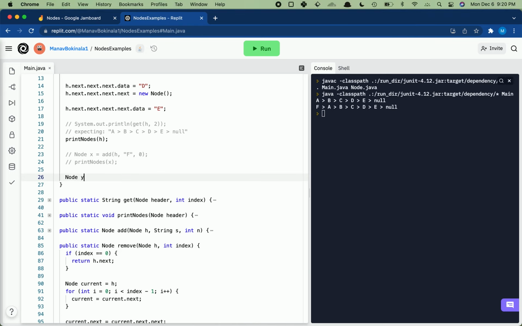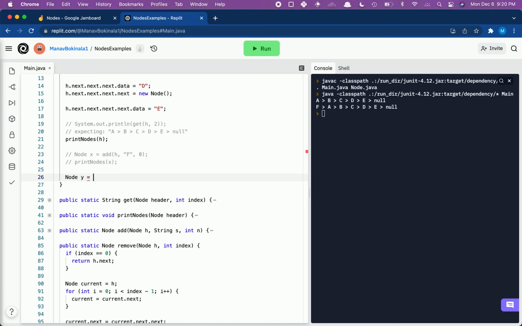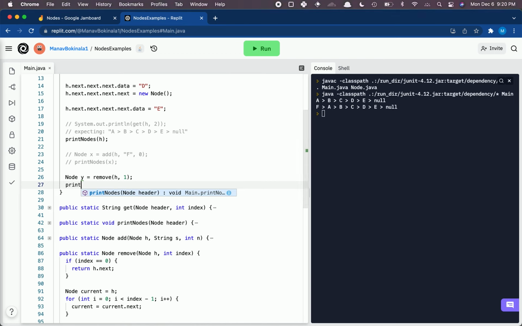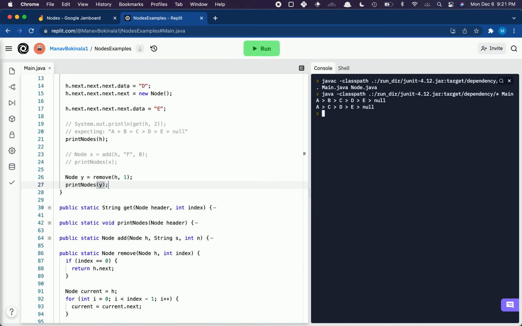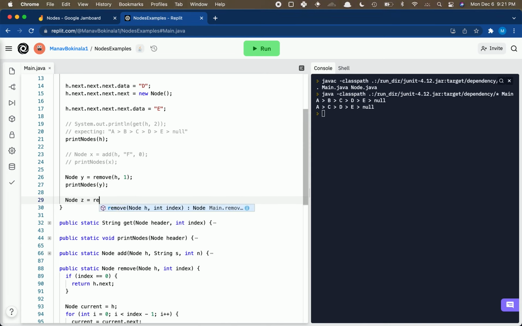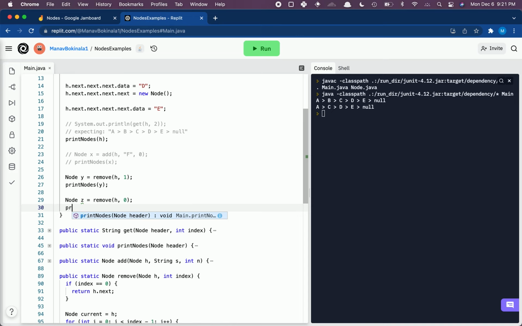So we're going to say node y equals, and I'm just using x, y, z. You can use whatever you want. Node y equals remove, and we're going to pass in h and an index of 1. Then we'll print y, and we run this. We can see we get A, B, C, D, then A, C, D, E, null. So we have that B element missing here, and that's perfect. Now, if we do node z equals remove h, 0, we want to see just B, C, D, E, null. If we do print nodes z and run that,